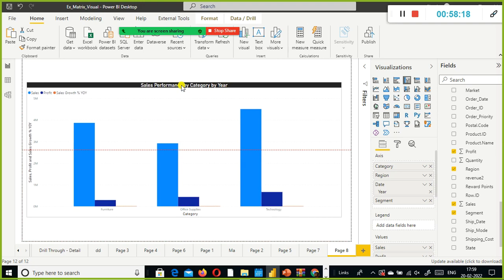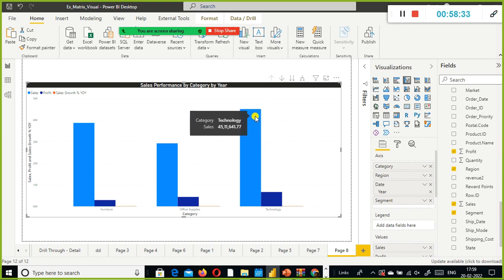Now you understood the functionality of this one and this one. This is for drill up, and this is to enable the drill down. So you can enable the drill mode, and when you enable this one, you can drill down to any specific column. If you want to drill down only to technology, it is possible.